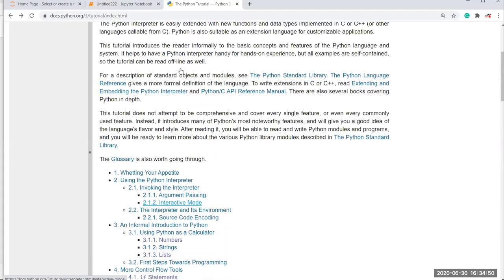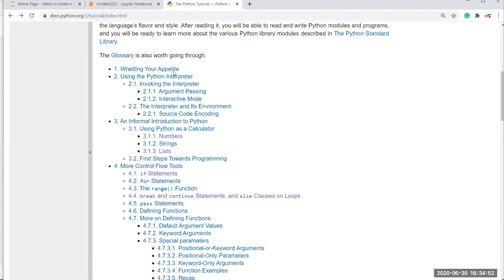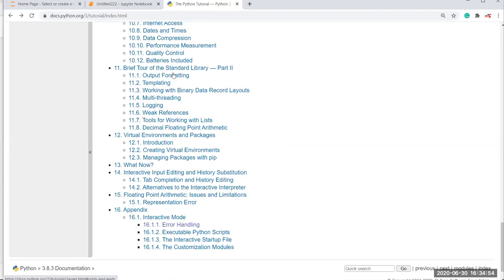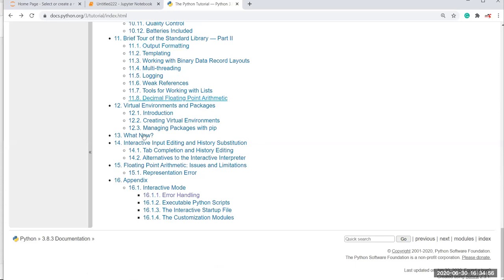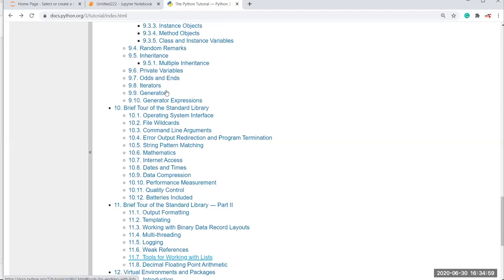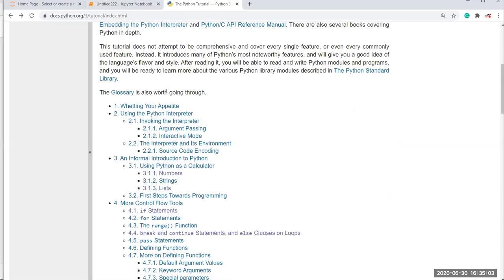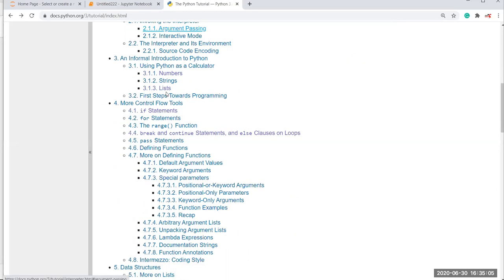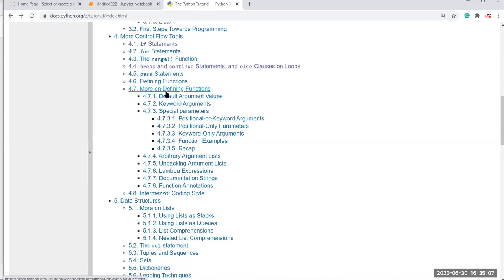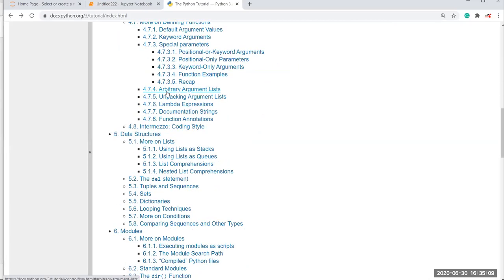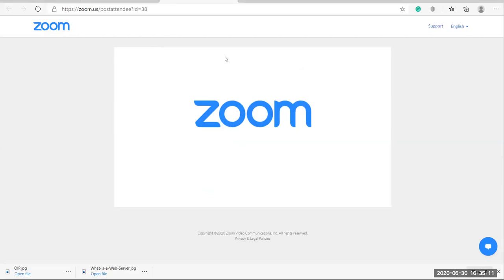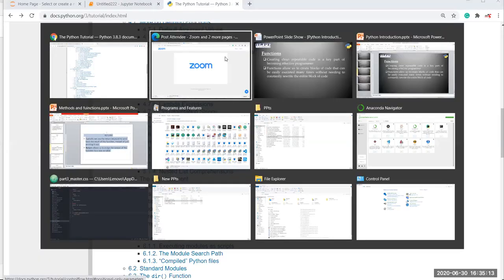That's all about the Python documentation. Here we have a lot of files. If you have any doubts, you can go and check here, or if you want to know about methods or functions, you can go and check here. Okay, so back to the Jupyter Notebook.